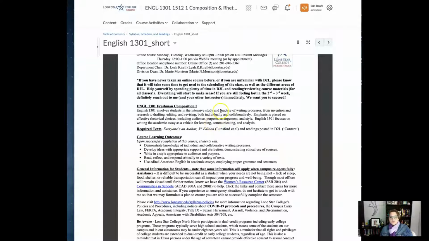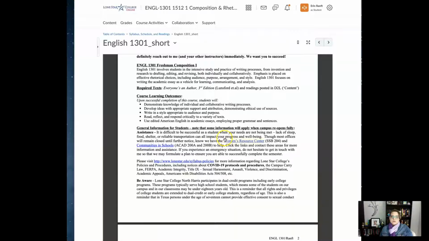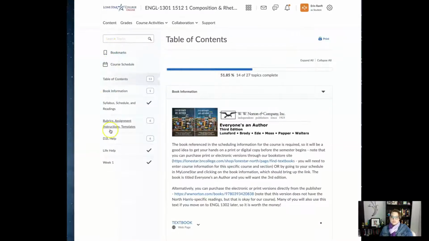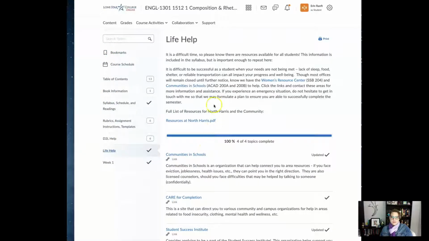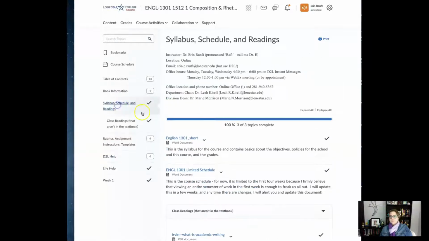Here's information about the course and the course text, which is also included in D2L, as well as our learning outcomes and some general information about resources. Remember, we have a whole area for resources: the life help section that has all of that information, and the D2L area where you can look at all those different how-to documents. But if we're going back to our syllabus,